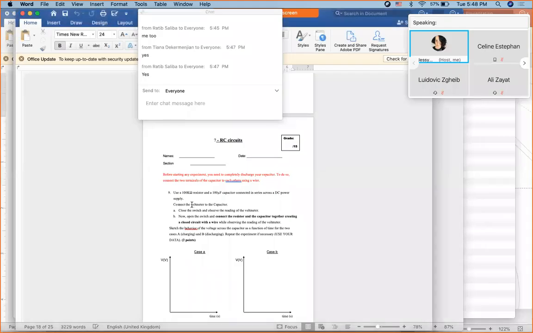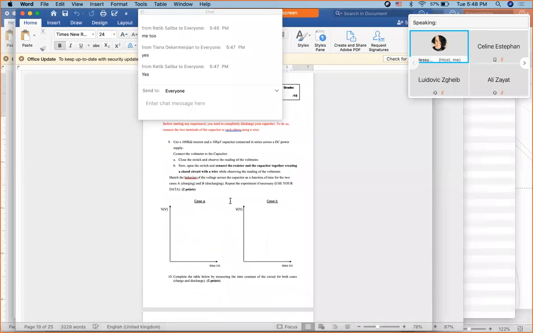Now in the lab report, they explain how to do the connections. They want you to sketch the behavior of V as a function of time for case A, charging, and case B, discharging. Please watch the video well to understand if it's an increase or a decrease. Also from the video, try to check at least the maximum voltage and have an idea how much tau is. You can tell what 5 tau is and how long it will take to charge completely and